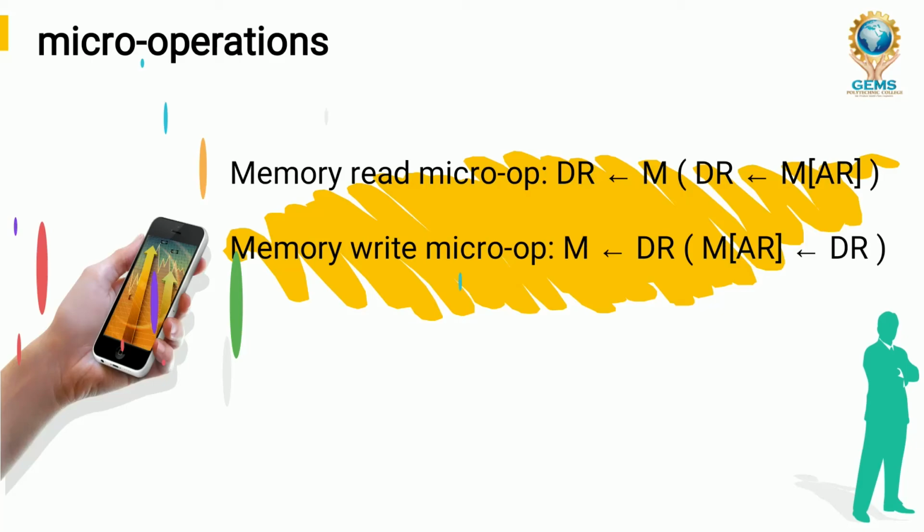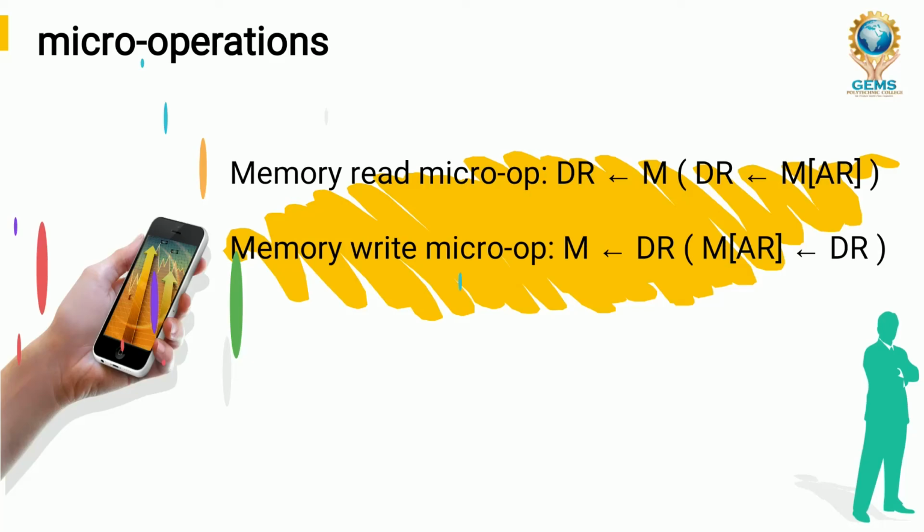Sir, we want to do the read operation or write operation. How will they be performed? On what basis? Who is encouraging them to act like that? If you are asked like that, I can say one thing: all things are happening because of micro operations. Micro operations help the computer to do all these kinds of operations.